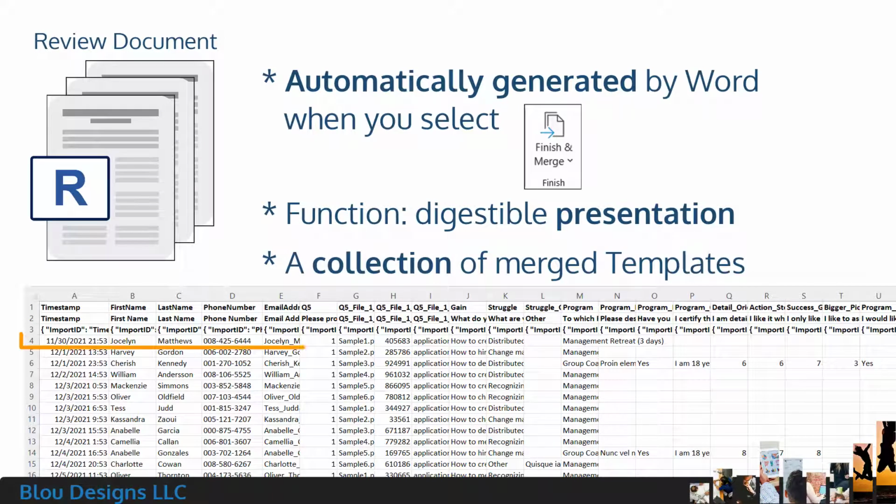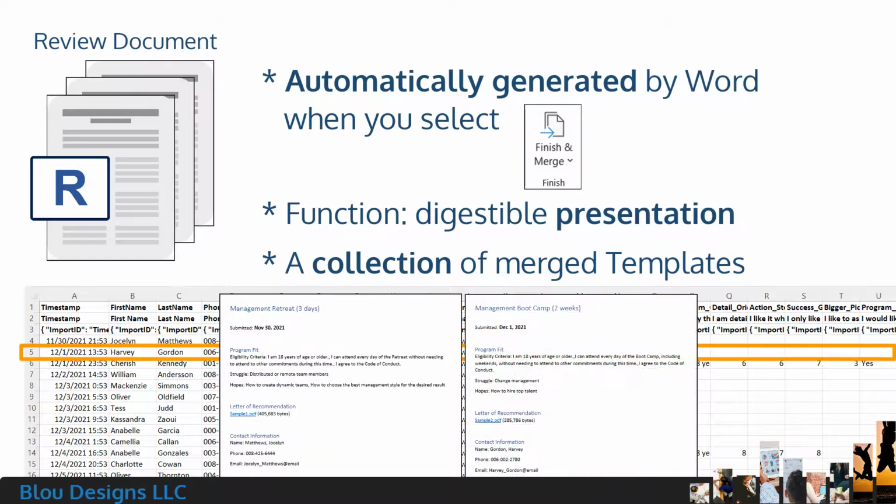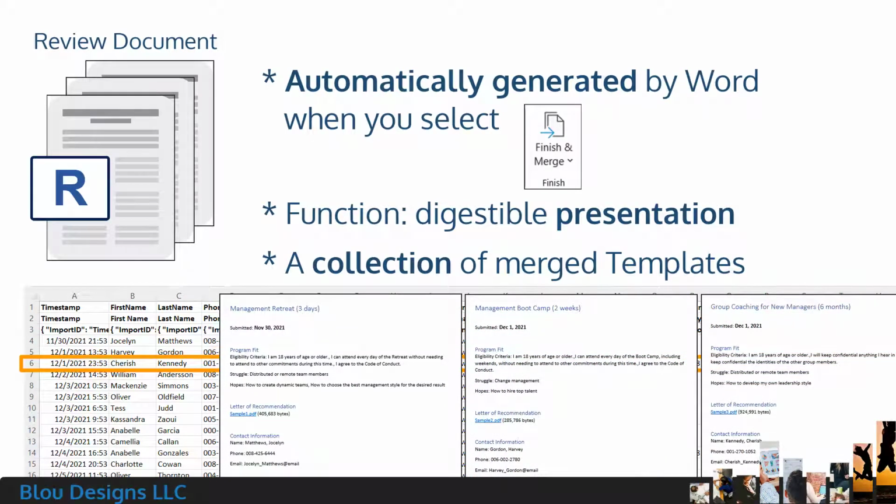Basically, for every row in your CSV data source that you want to use, Word will create a copy of your mail merge template that's been filled in with the data from that row. These filled copies are appended together, one right after the other, to create a single file that contains the entire list of your curated and reformatted responses. It is not saved anywhere until you decide you want to save it. So, until you're happy with the layout, you'll probably close this without saving and go back to tweak your mail merge template document until it does what you need it to do.